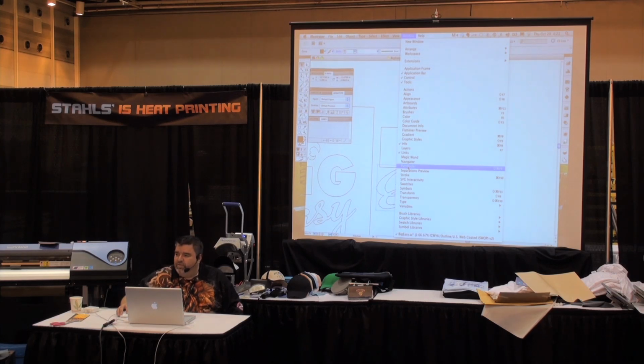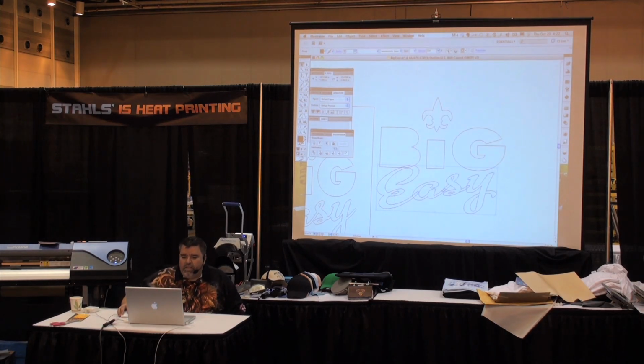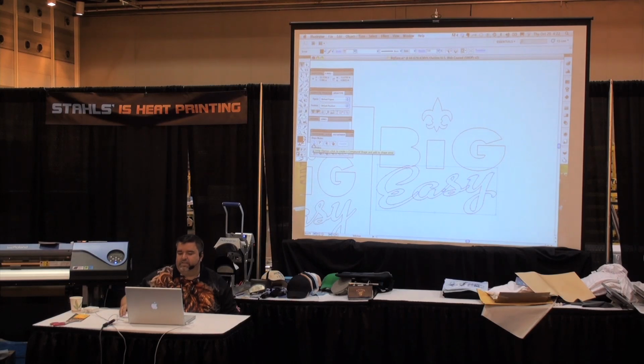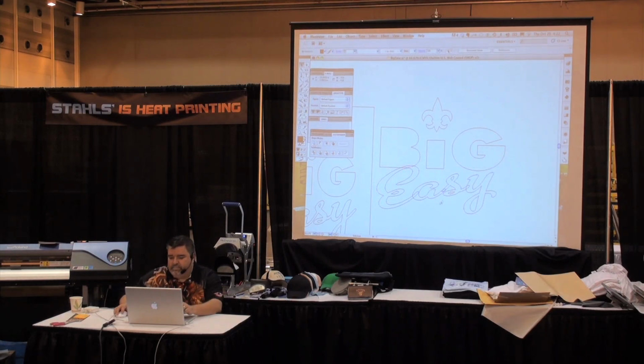Pathfinder is under the Window menu. That's going to bring up these little things. Basically, these are the unions or the weld functions in Corel. You can do different things with different paths. So if I click on this first button, it'll unite them